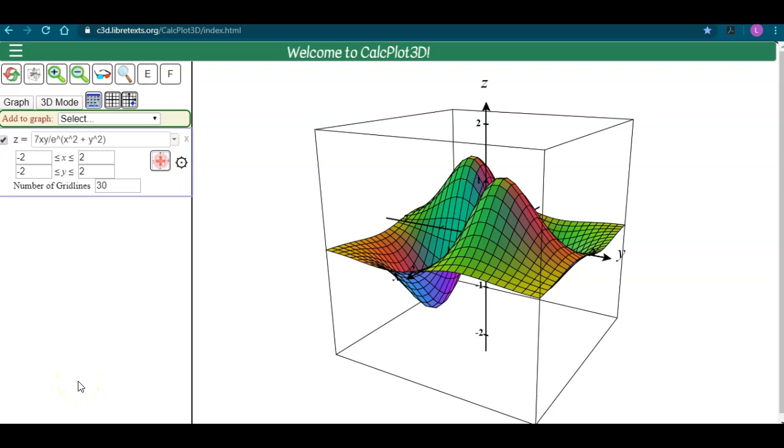Hey everyone, this video is about using CalcPlot3D and specifically the surface of revolution feature to look at revolving a region around an axis. And usually this is the first screen you'll see when you go to the CalcPlot3D website. And I would mention, make sure you're going to this